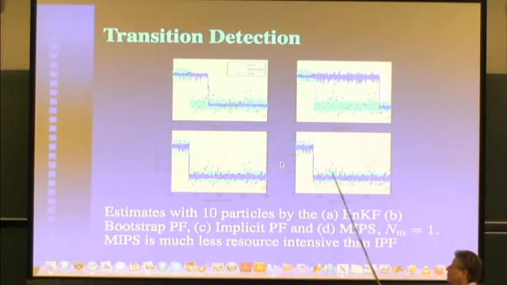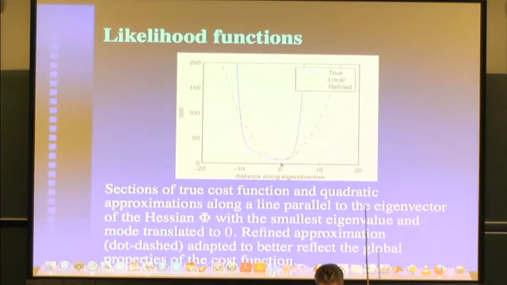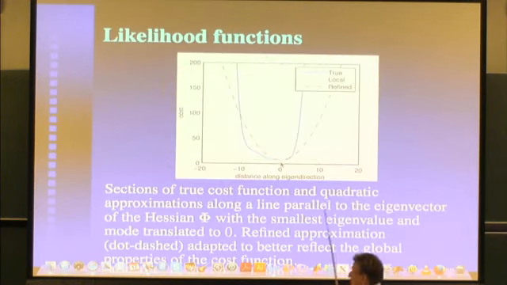Also, why would I prefer this? Well, in some sense it's cheaper. It's expensive to do that 4D-Var calculation, but I only have to do it once in the implicit particle smoother, and they both get this nicely. The only wrinkle is that if we look back here, in the actual transition, the distributions are very, very far from Gaussian, and if you use a Gaussian importance function, you might be making a very poor choice.